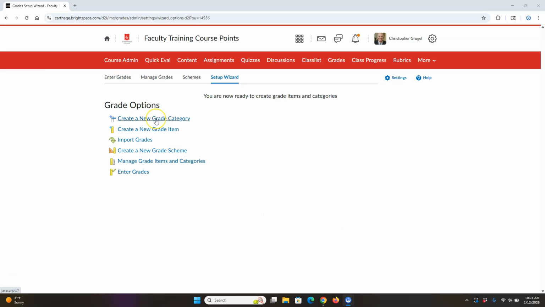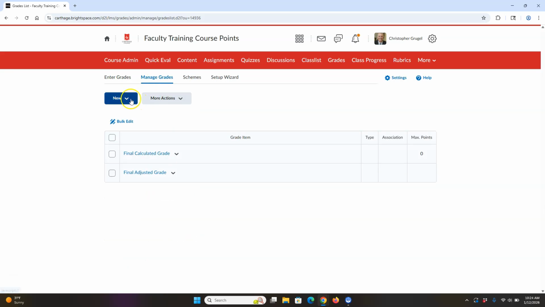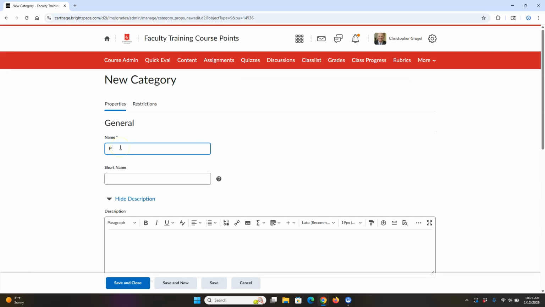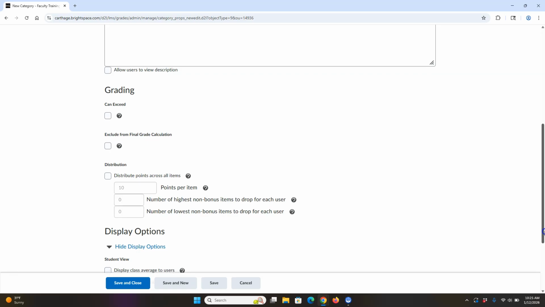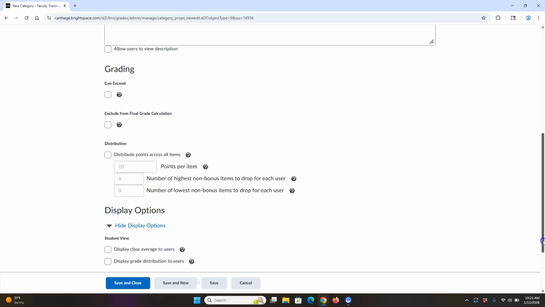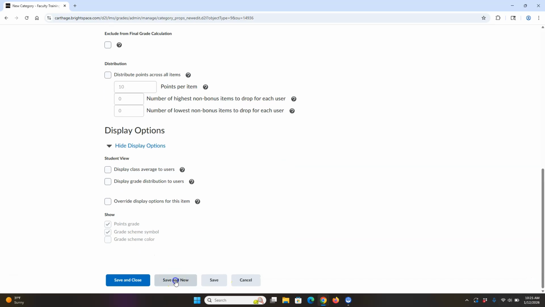And I could create a new category here, but my guess is if you're going to add a new category at some point, eventually when you go back and click on grades right here, I suggest going to Manage Grades right here. And then when I click on New, I'll be able to add those categories. So I'm going to create a couple of quick categories here. And as I scroll down, I do have some other options, but if you're really just using these categories to help you organize your gradebooks via the point method, just skip all that right here